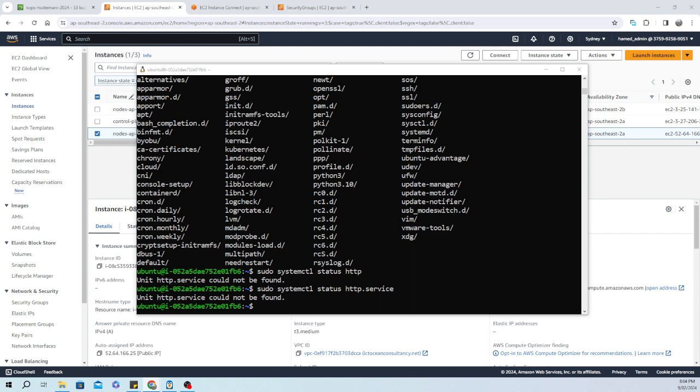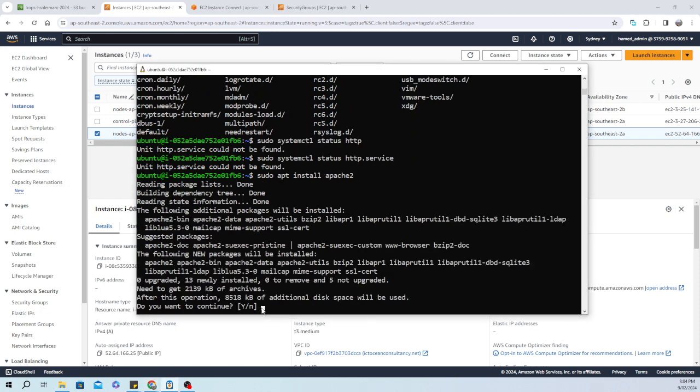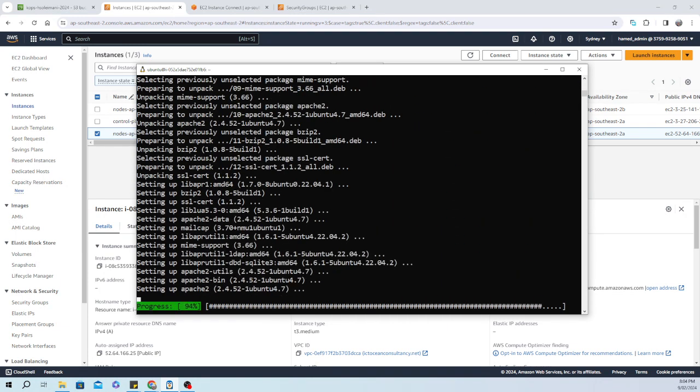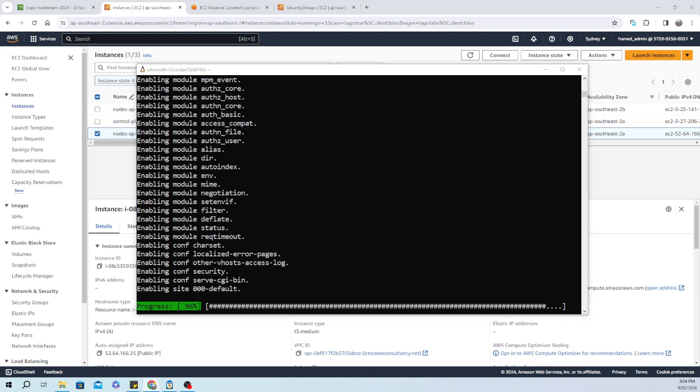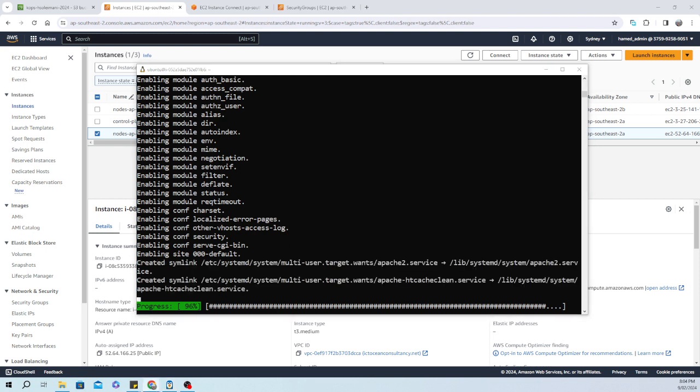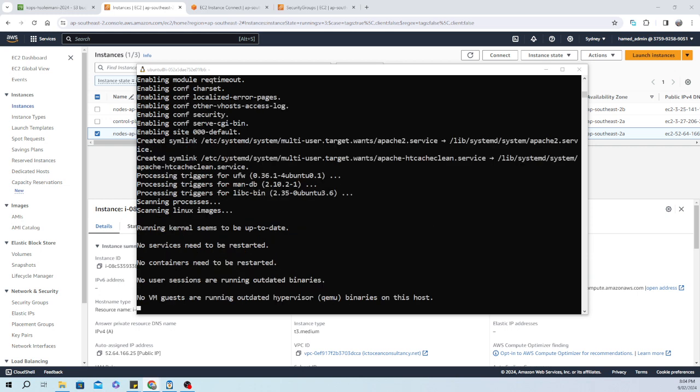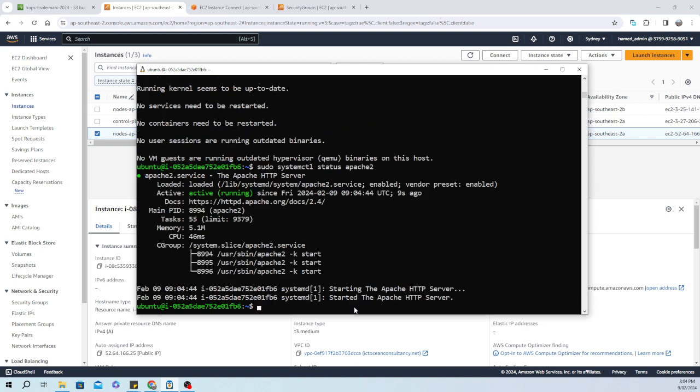Okay, an Apache server. Sudo apt install apache2. Okay, yes. And then status is running. Okay,